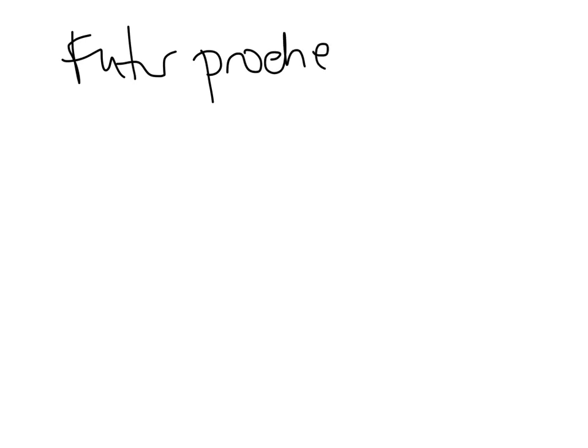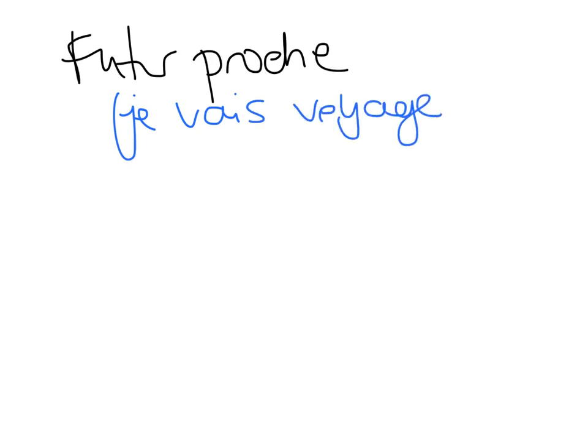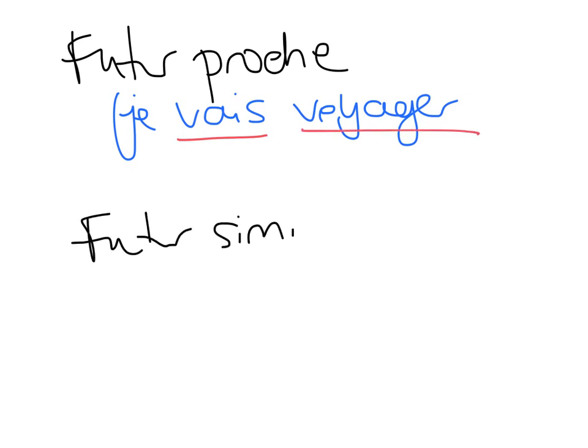So, you should now have notes on the futur proche, which you're going to have remembered has two parts to it. So, for instance, je vais voyager. You've got the part of aller there plus the infinitive. Then you've also got the futur simple, which is just one verb. That's why it's simple. For instance, j'irai. And you'll remember that the future stem always ends in R. If you haven't got an R in your verb, you've got it wrong. Make sure your notes are all filled, ready for the exercise that we're doing in class tomorrow.